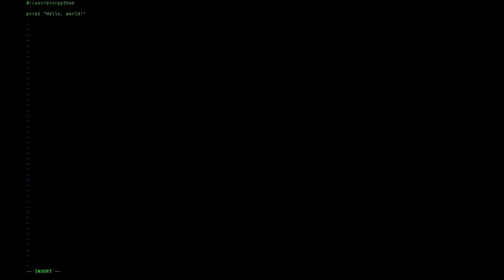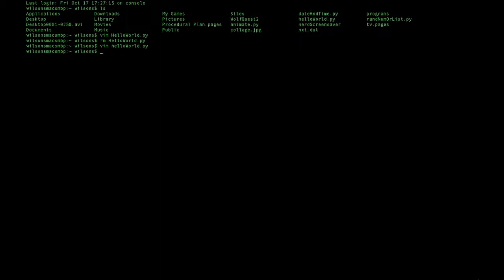And then to exit, you have to exit insert mode before you save. You hit escape, and then type :wq to save and quit. And then it will bring you back out here. And as you can see, if I type ls,